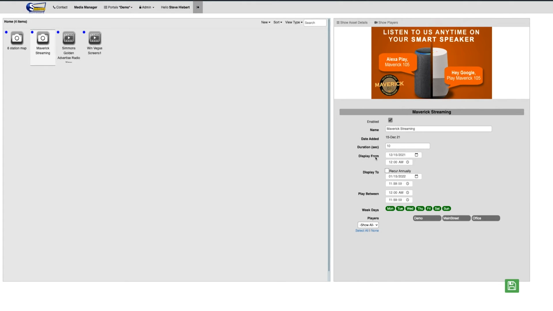Then we have display from, and display from is the date that it is starting. In this case, we are December 15th right now. It will display from December 15th at 12 a.m. until January 15th at 11:59 p.m. Now, by default, everything gets displayed for 1 month. You can completely change this to whatever you like. We could go in and change this asset. Instead of January 15th, we can go up in the calendar here. Let's say it ends Christmas Day. And we have it now listed from